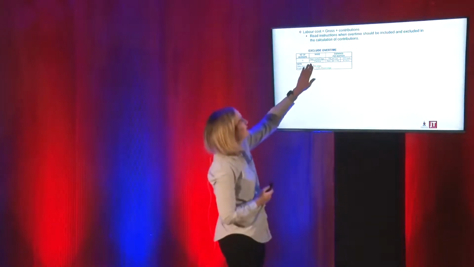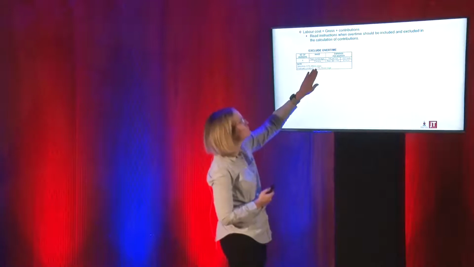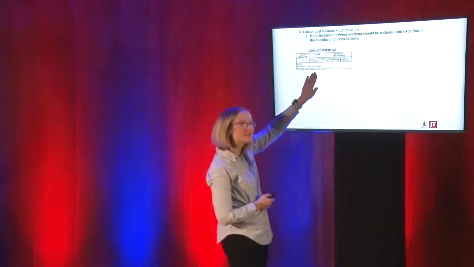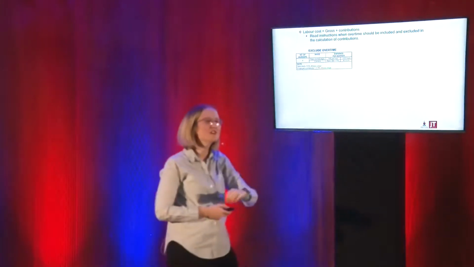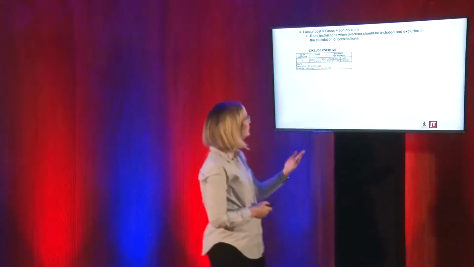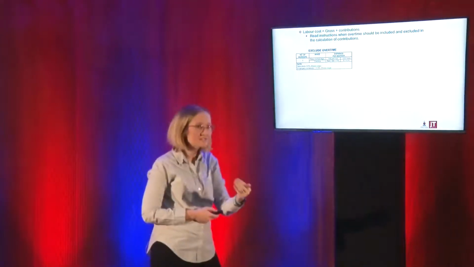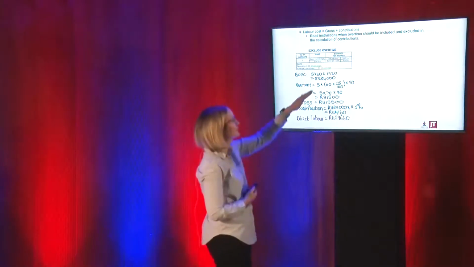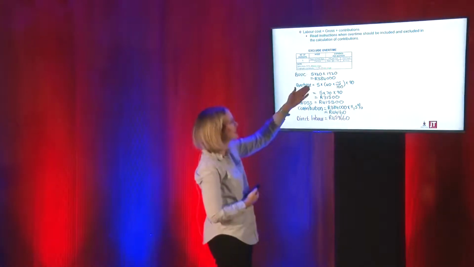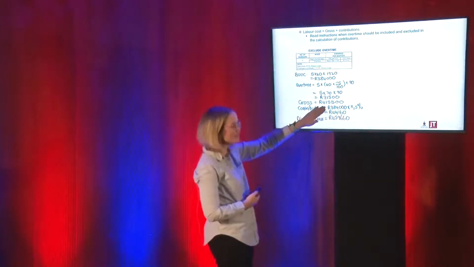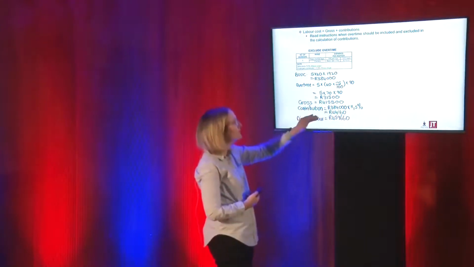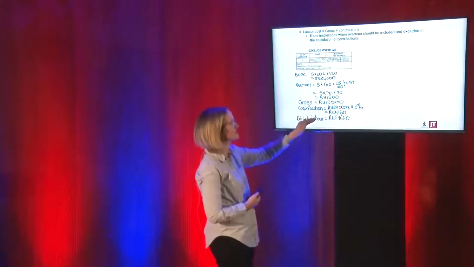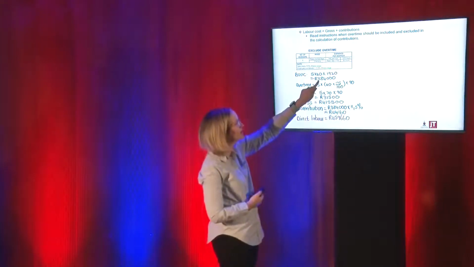In the first one, they specifically said to you it must be calculated on the basic wage. This means I need to exclude the overtime. So when we calculate, we're going to calculate the basic plus the overtime. That equals my gross. But when we look at the contributions, it is calculated on the basic, which is